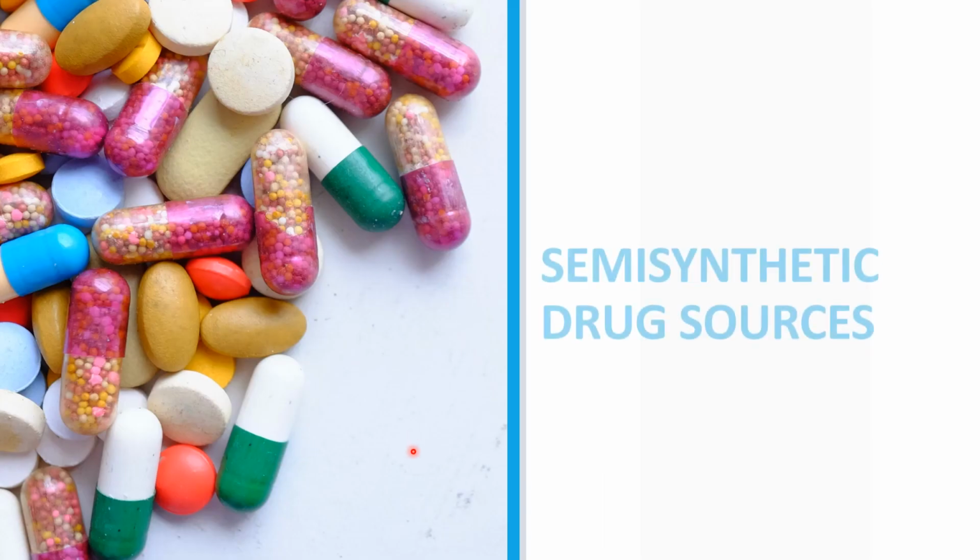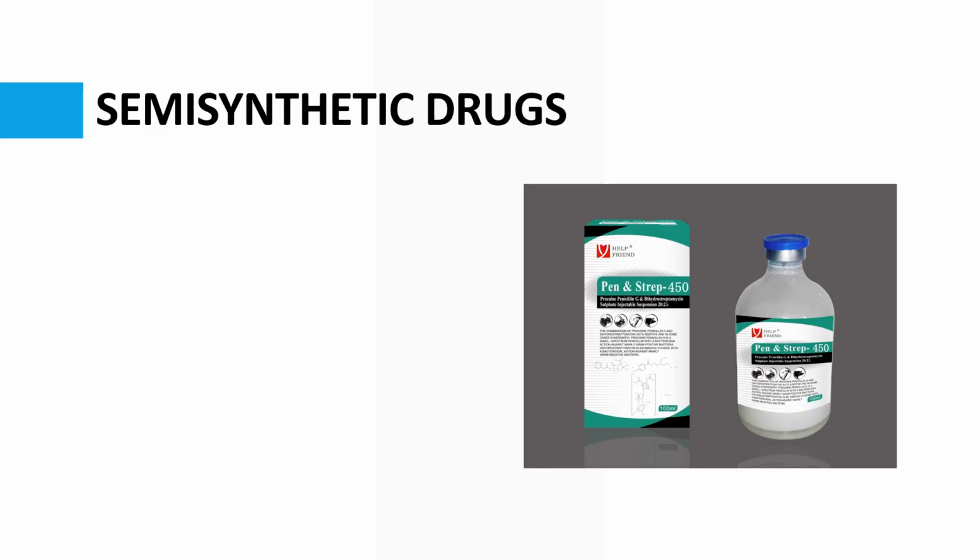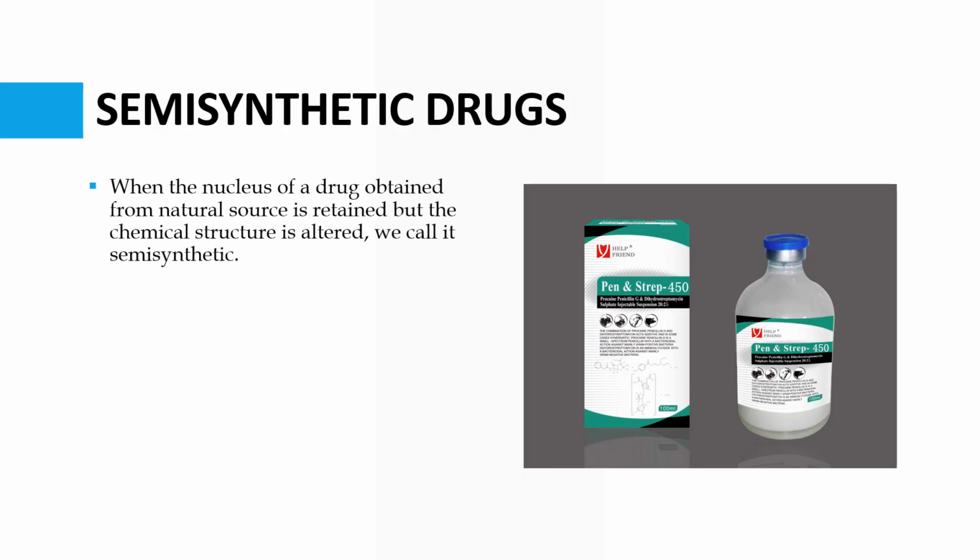We also have the semi-synthetic drug sources. When the nucleus of a drug obtained from a natural source is retained, but the chemical structure is altered or changed, we call it a semi-synthetic drug. Semisynthetic therapeutic agents are a hybrid of natural and synthetic sources. They are generally produced by transforming starting materials from natural sources into final products via chemical reactions. Examples of semisynthetic medicines are